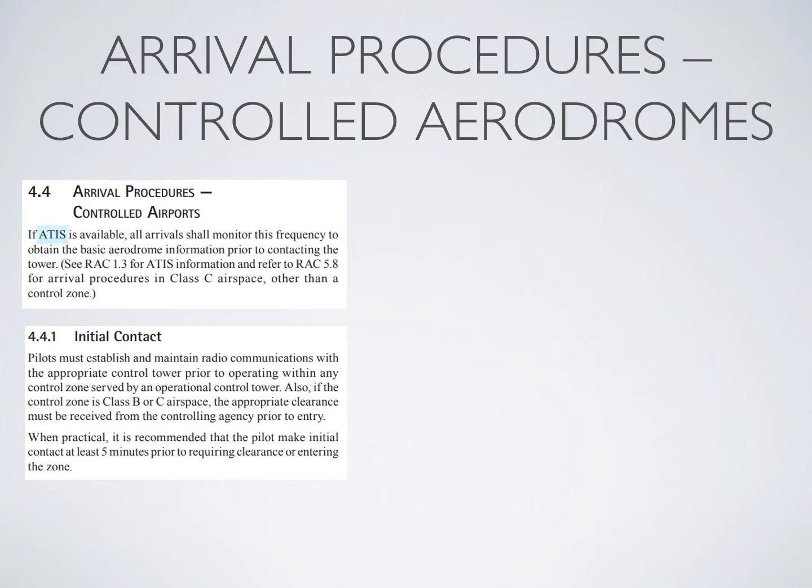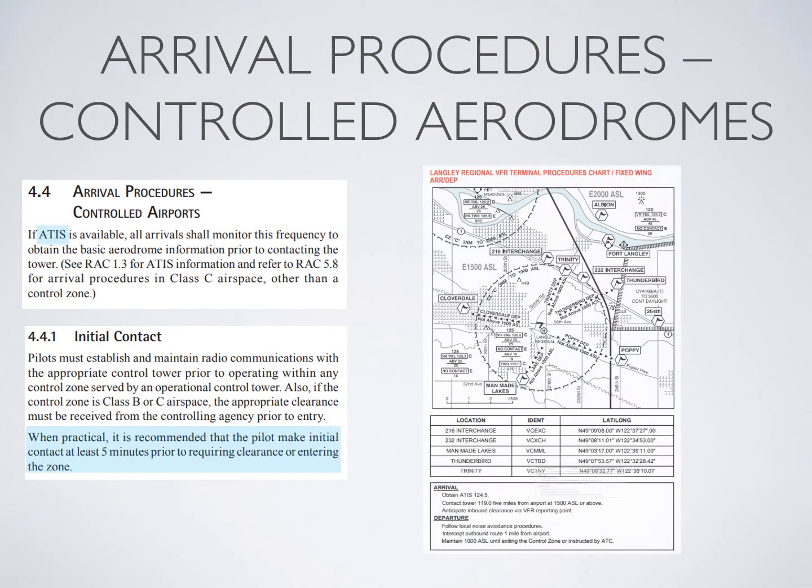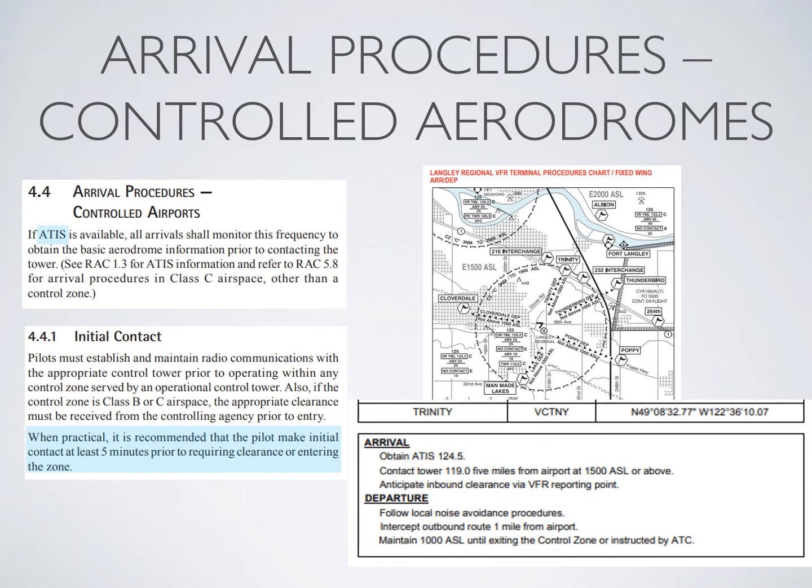As always, you want to get the ATIS prior to contacting a control tower. And then it says, when practical, it's recommended the pilot make initial contact 5 minutes prior to requesting a clearance. Now, if you try to do that in Langley, you're going to be much, much too far away. They actually want you to call them 5 miles from the airport, which is much closer, at 1,500 feet ASL